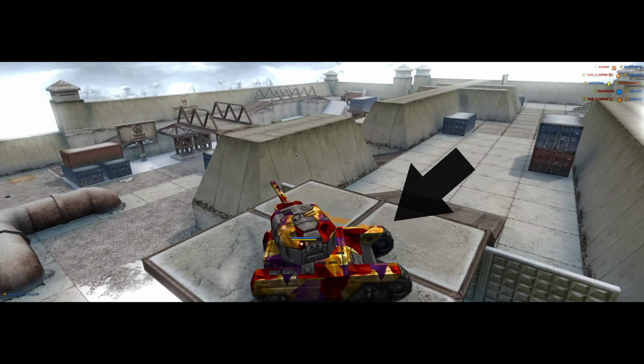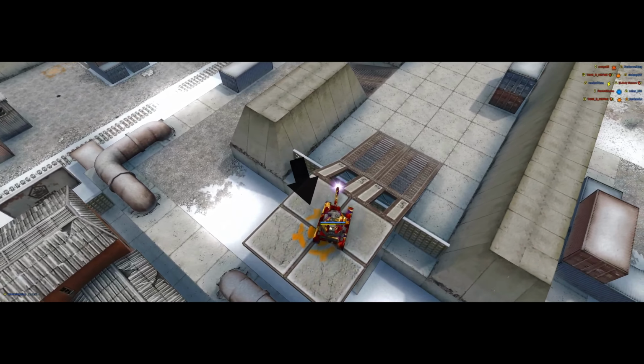Anyway, today we're going to be discussing the new and mysterious nuclear drop zones, which have appeared in a number